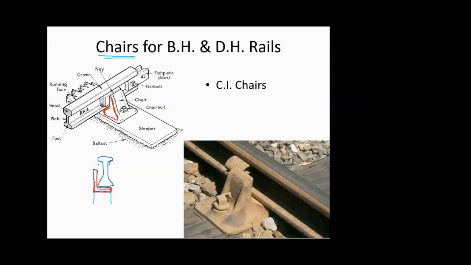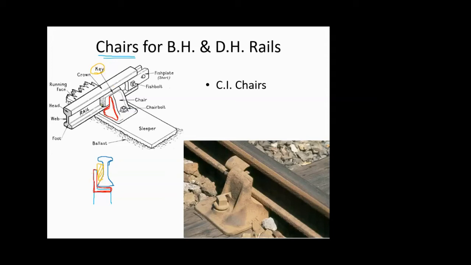So what is done is a packing is inserted in between. So this is the packing. Okay, and this packing is nothing but this key. It is known as the key. It fills the gap between the fittings and the rails. It is not always possible to prepare a fitting and fastening which matches the groove size of the web of your rail. So in that case, there are small components called keys and blocks, mainly keys and blocks, which are used to fill in the gaps.